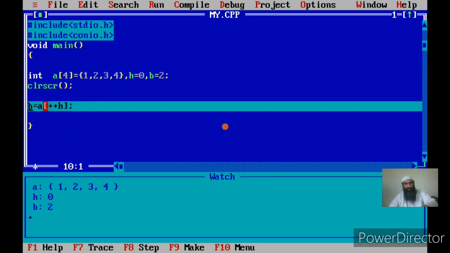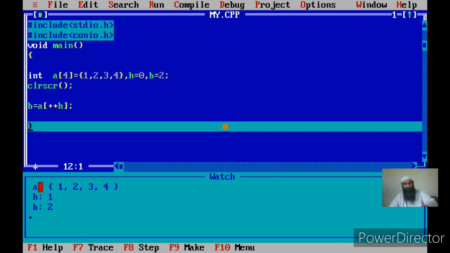So we are referring to a of 1, because in square brackets I am using h, but I have done pre-incrementation to it. So I am referring to a of 1, that is the second element of the array, and the value of the second element I have assigned as 2. You can see b will now be assigned the value 2. So this is clear now.